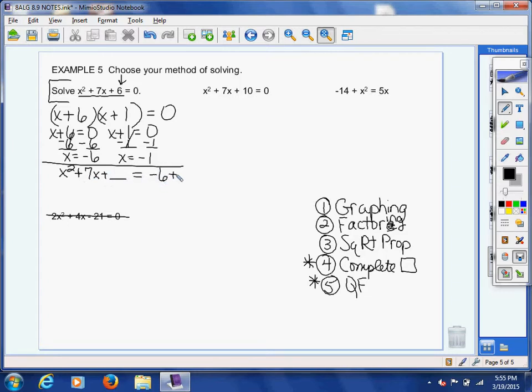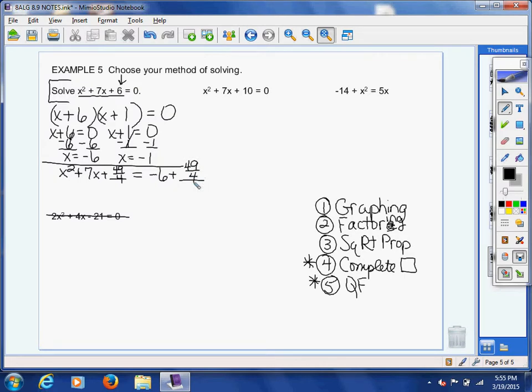I'm going to subtract 6 from each side. And then I need to create a perfect square trinomial on the left. So I need to take half of 7, or divide 7 by 2. Just leave it as 7 over 2. And then square 7, which is 49, and square the 2, which is 4. So I'm going to add 49 fourths to each